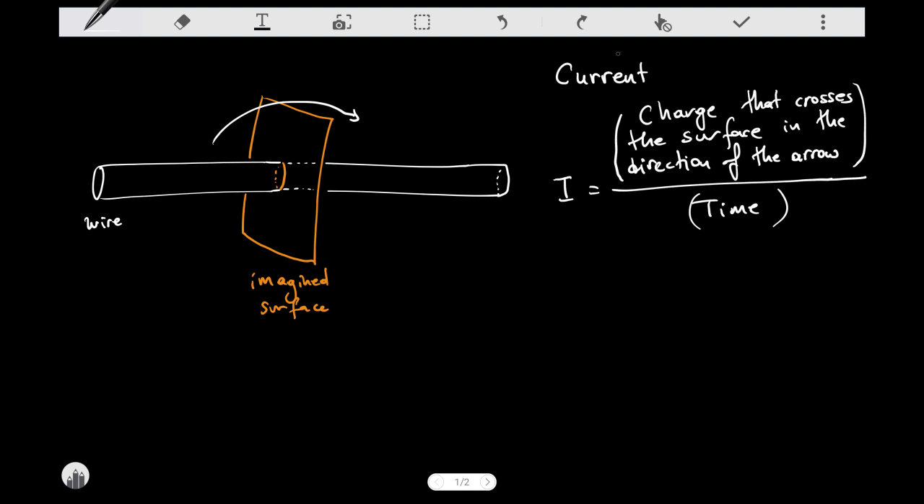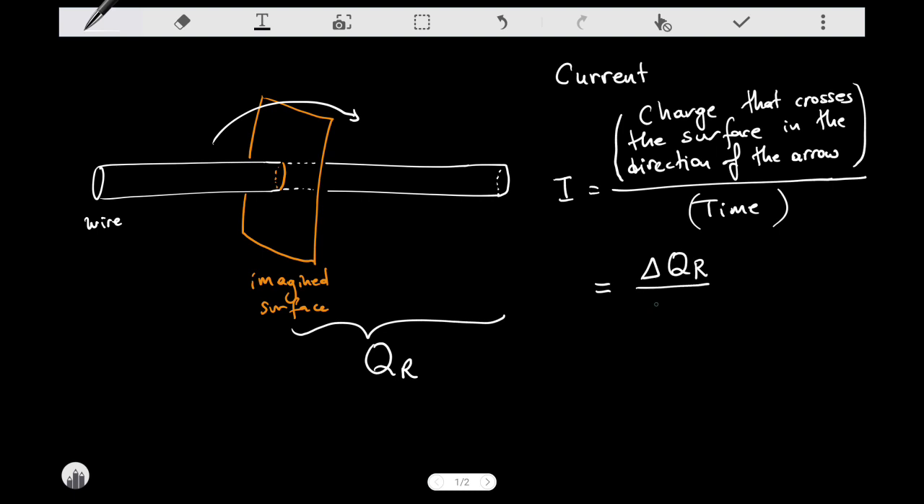So we define the current that passes through that surface as the charge that crosses the surface in the direction of the arrow divided by the time interval. You can also define it like this. You just think of all the parts of the wire on the right side as some big system and use Q_R to denote the charge on that system. So in that case, that current would be the change in that charge